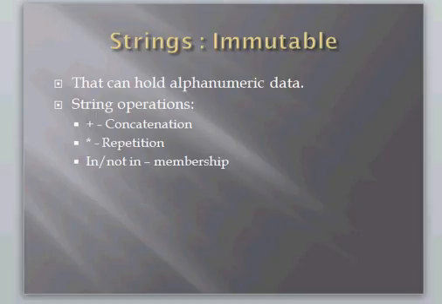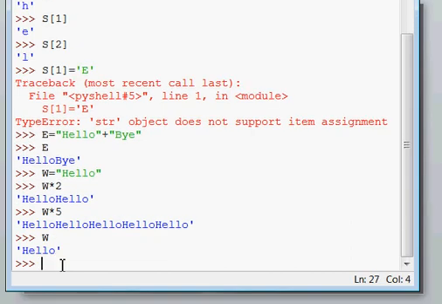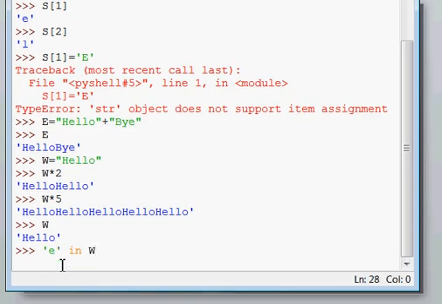Next operator is in or not in. If I say w has hello, and I want to search small e in w, then I will write it like this.